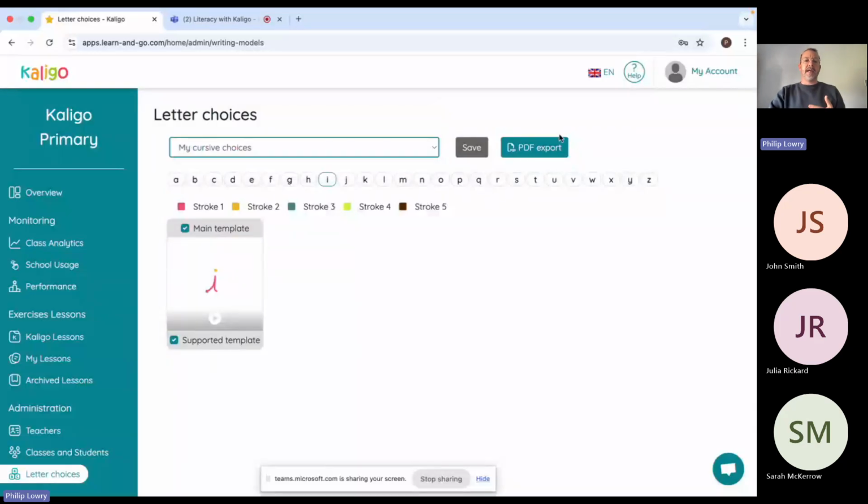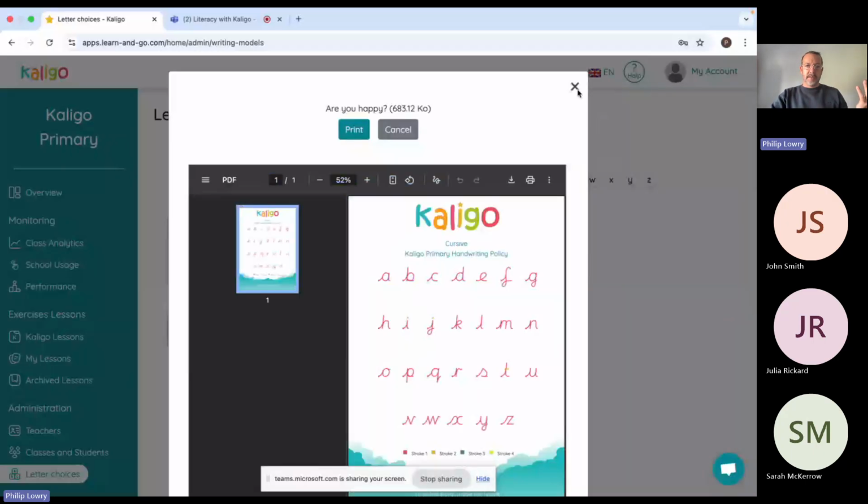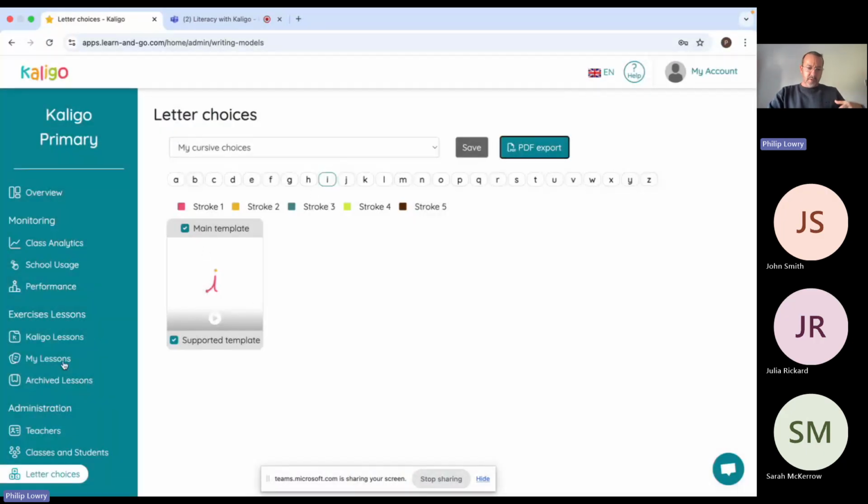You can print an export of that. You can click on it here and you'll see that there's a letter formation. If you want to hang it on your school classroom wall, you can, so the kids can visually absorb that